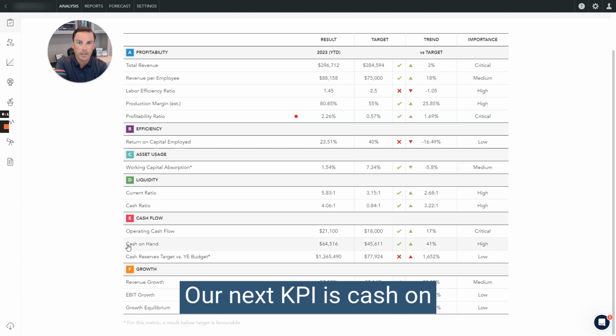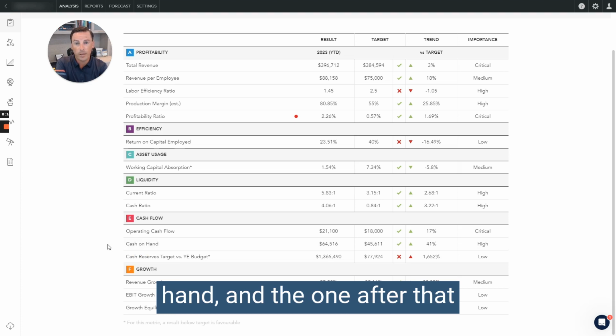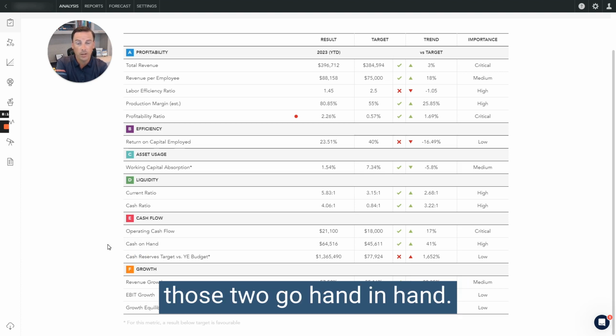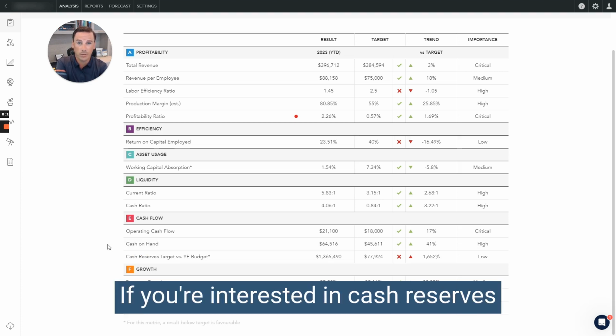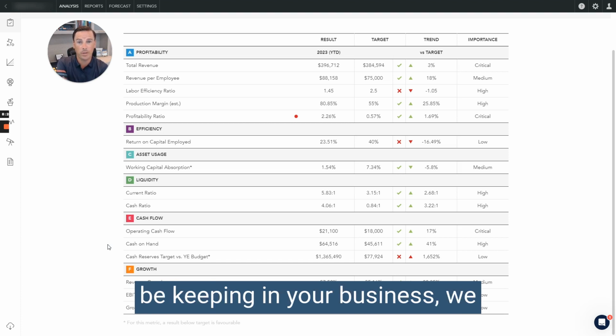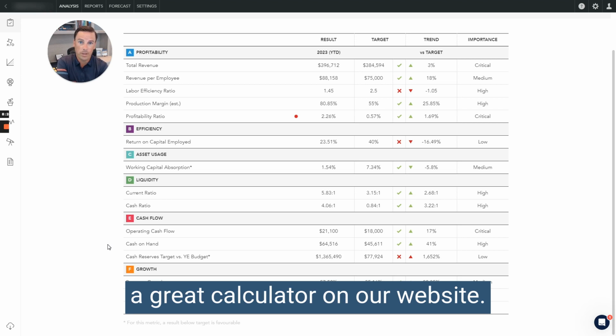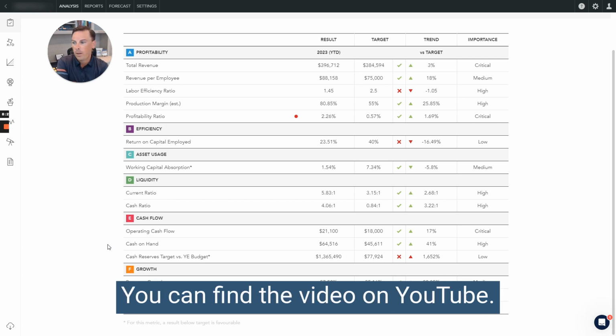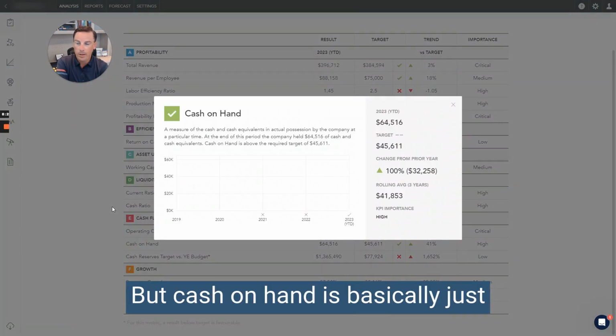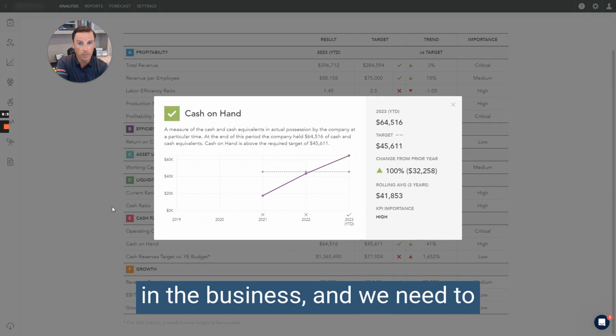Our next KPI is cash on hand, and the one after that actually is cash reserves. And those two go hand in hand. If you're interested in cash reserves and how much cash you should be keeping in your business, we have a great video and we've got a great calculator on our website. You can find the video on YouTube. But cash on hand is basically just the amount of cash that you have in the business,